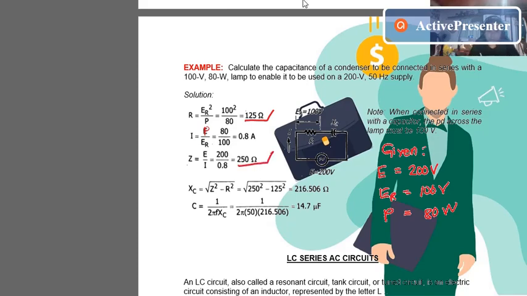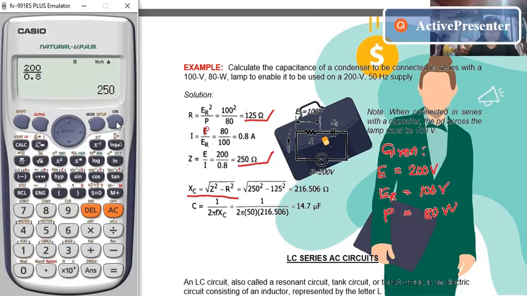So, this formula: XC is equal to the square root of Z squared minus R squared. So, substitute, since we are given everything. The square root of 250 squared minus 125, our resistor. So, the answer will be 216.506